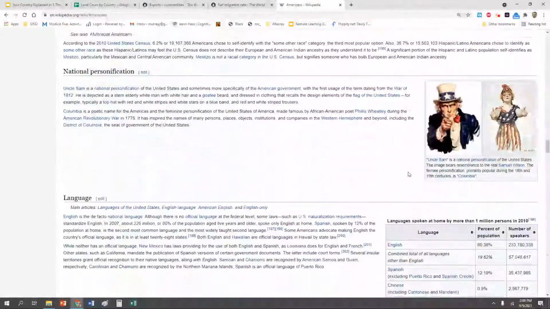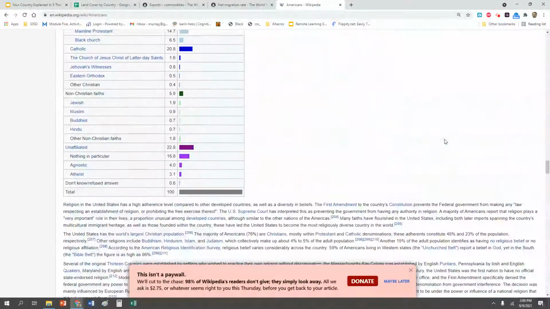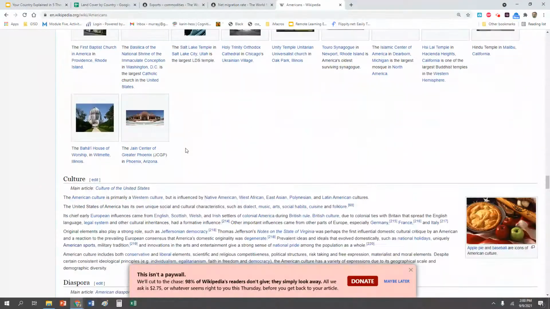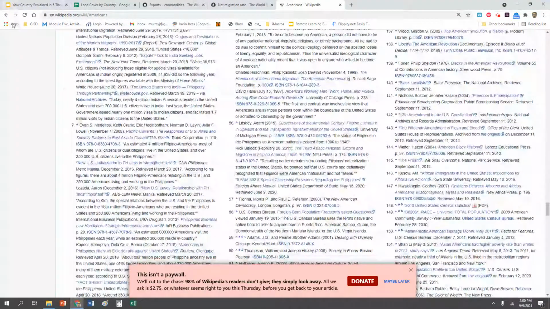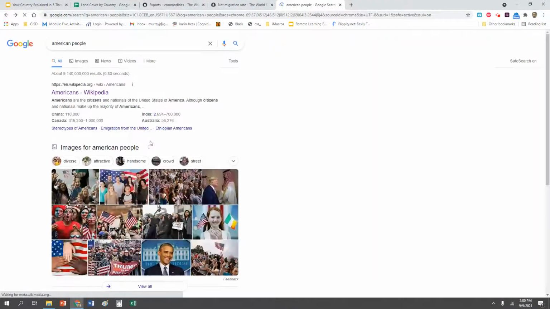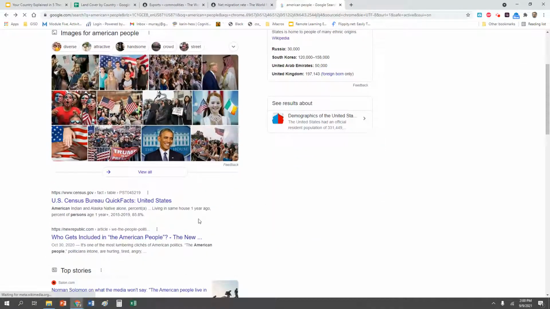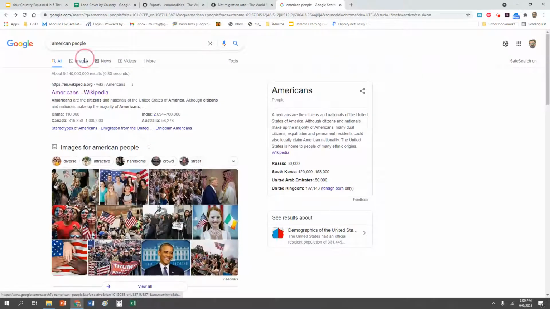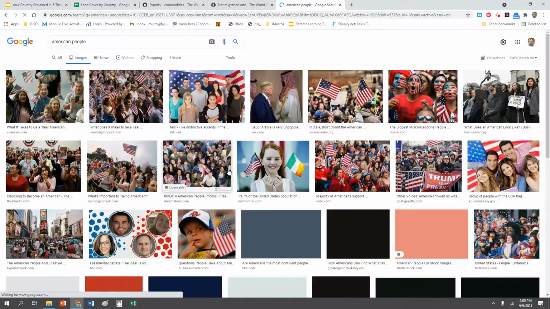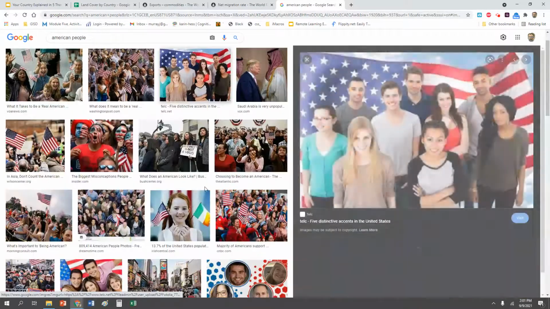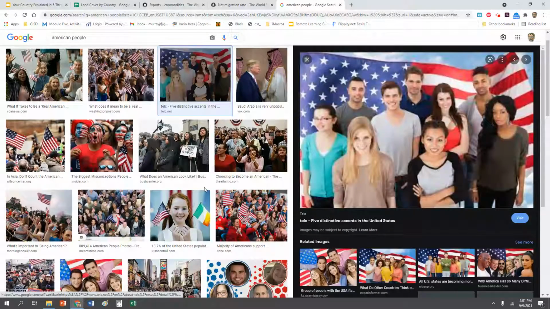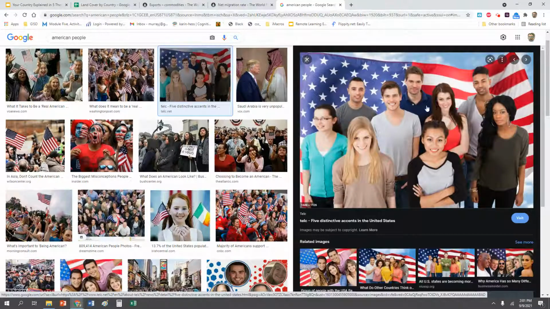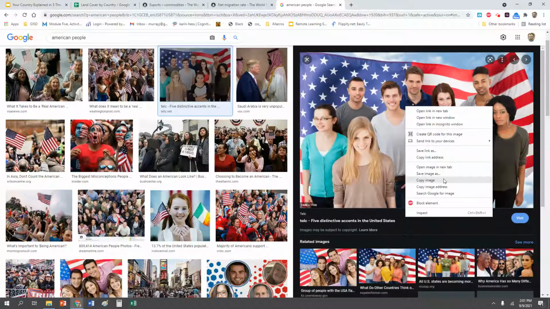Don't make me a liar. Hey, no, those are drawings. Am I wrong? Yep, wrong. I'm going to go back. I'll try again. You don't always get it on your first try. Let's try images and see what comes up here. I like this one. A bunch of different people standing in front of a flag. American flag. So I will right click, copy image,